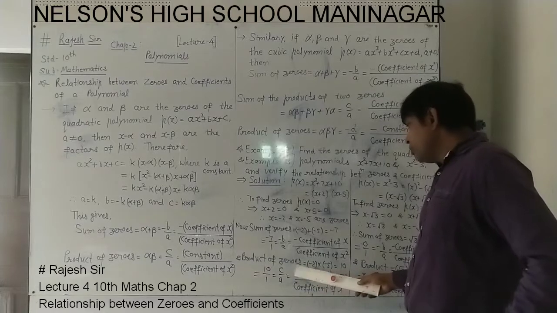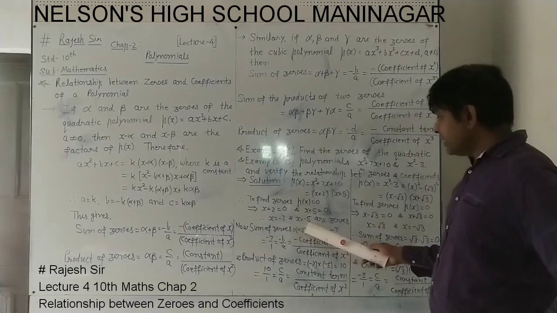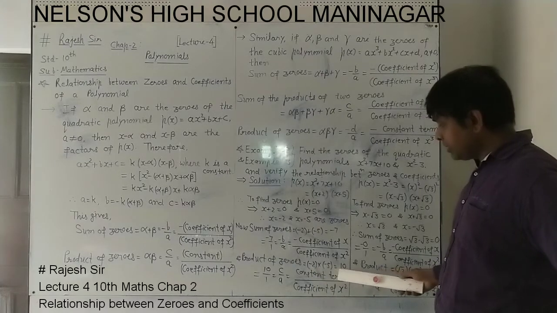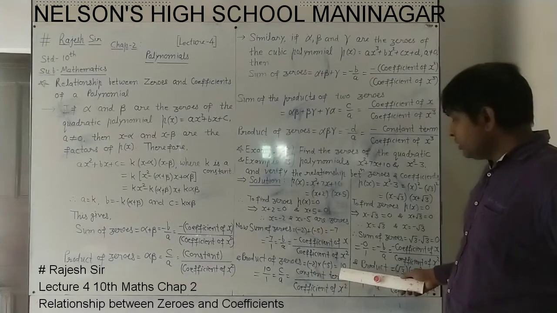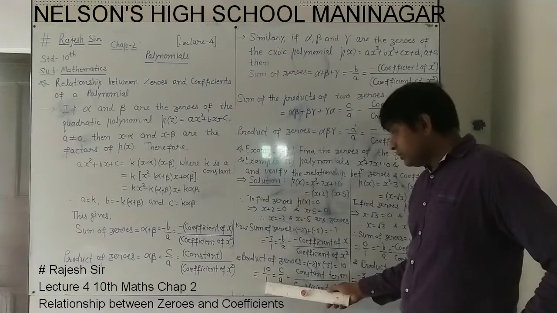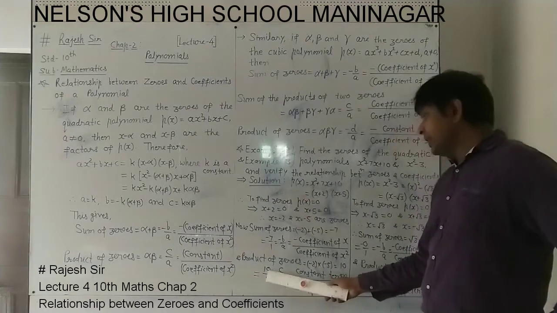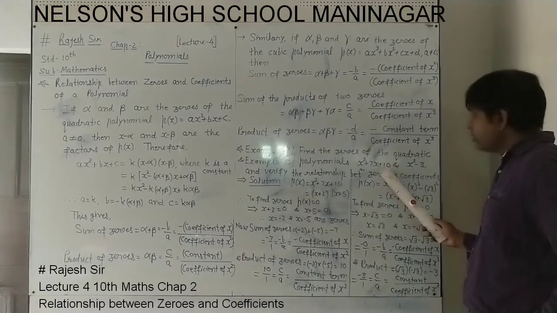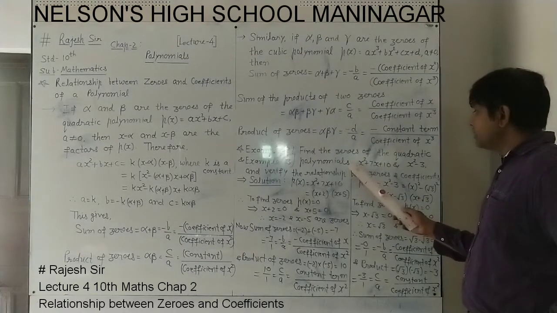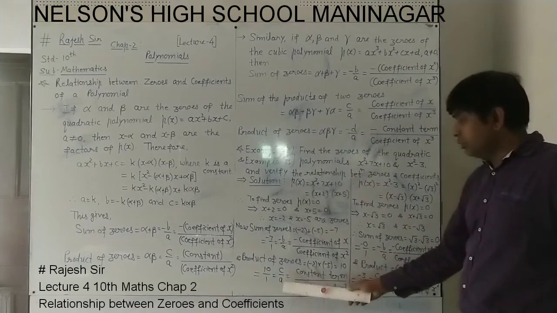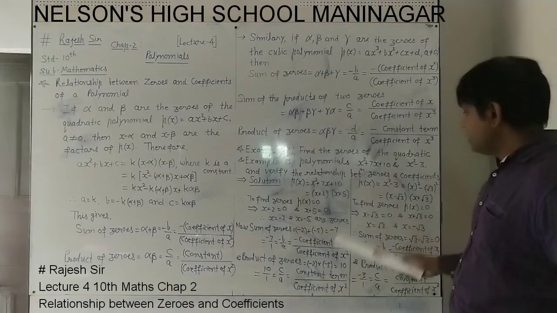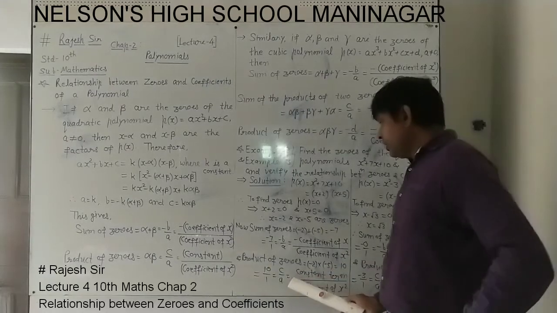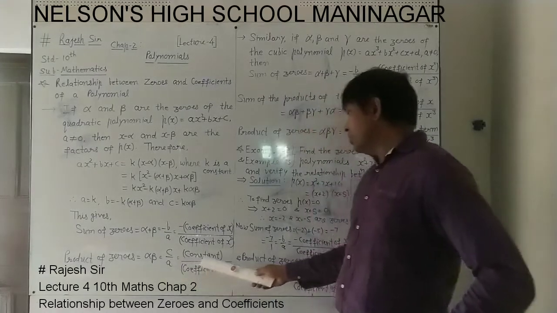Now the product of the zeros we do here. The zeros are -2 and -5. We have to do the product. Product means multiply: -2 into -5, minus minus plus, 5 tens are 10. This 10 can be written as 10 upon 1. In the given polynomial, 10 is the constant term, it takes the C place, and 1 is the coefficient of x square, it is A. So C upon A: constant term upon coefficient of x square. So the product formula, alpha into beta equal to C upon A, constant upon coefficient of x square, is being followed.